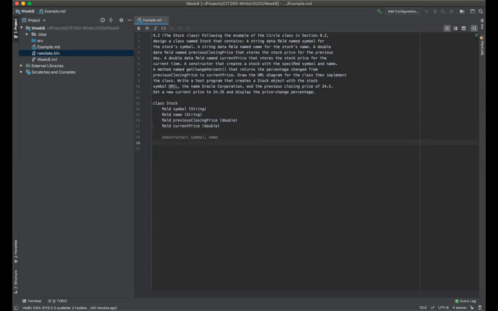And then we're going to have a method called getChangePercent. So we'll say method getChangePercent, and it's going to return the percent change from the previous day. So percent is probably going to need to be a double. So we're going to note that this is going to be a double. All right, so that's our class, and then we need a UML diagram,